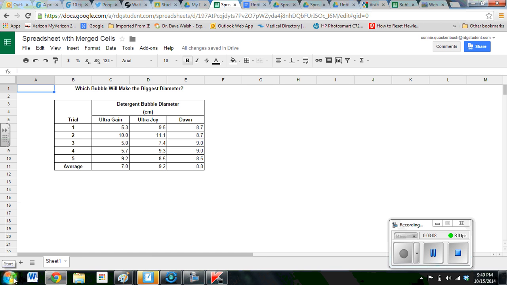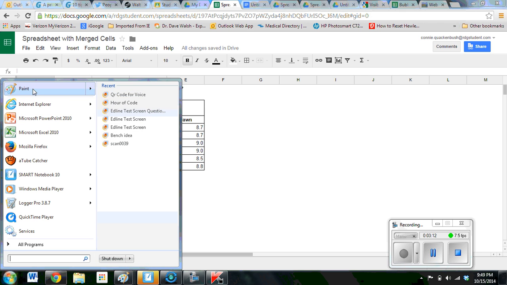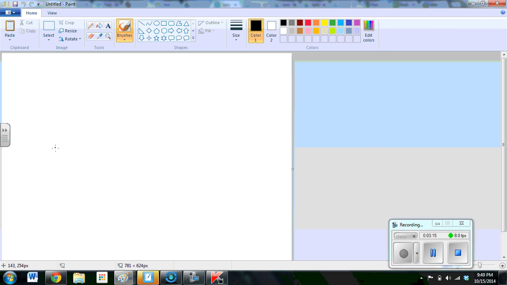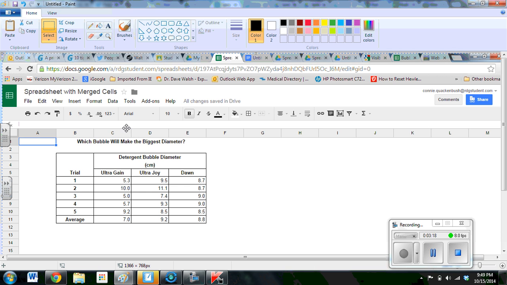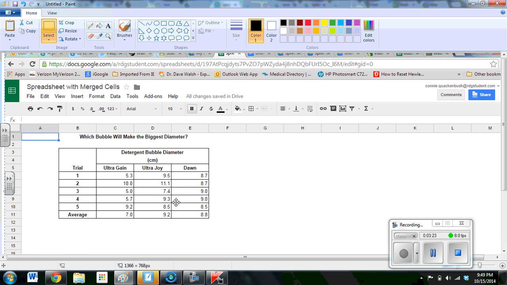I'm going to find my Paint, select the start button down here, come up my Paint application. I'm going to click that open and hit the paste button. Notice I have a copy of what that screen was. I printed a screen picture. So I'm going to hit my select button, and I'm going to come here and copy this right there. I'm going to select it first, and then I hit Control-C to copy,